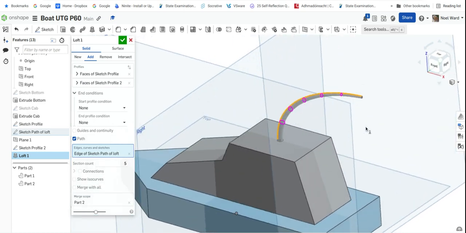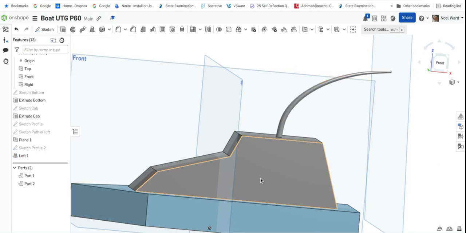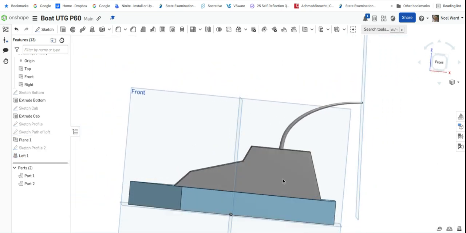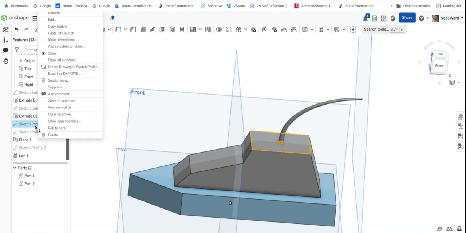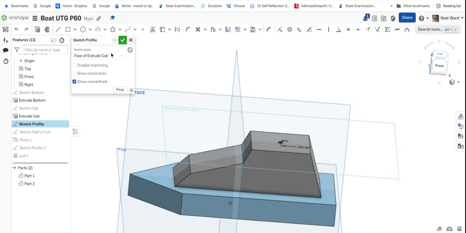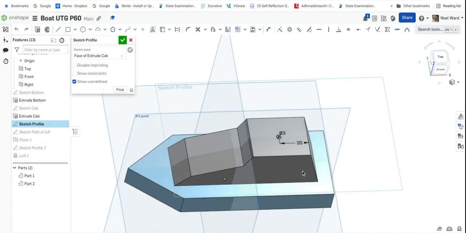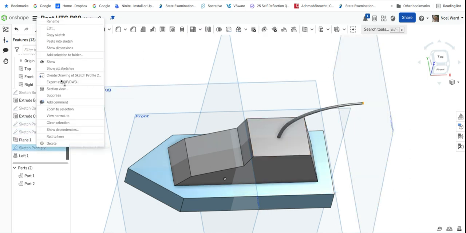And I can go into that and edit it whatever way I want. I'd say the radii are just a wee bit on the big side of things. So if I go back into my sketch of the profile, I go into Edit Profile, and I see the radius, go 2 millimeters, and then I'll come up to the top profile, Sketch of the top profile, Edit,